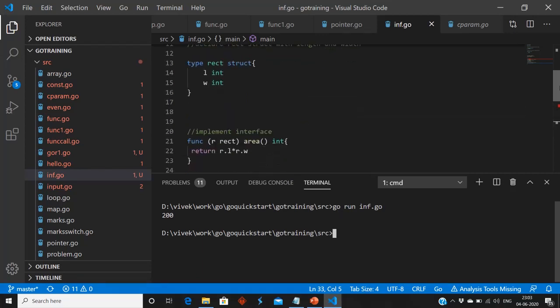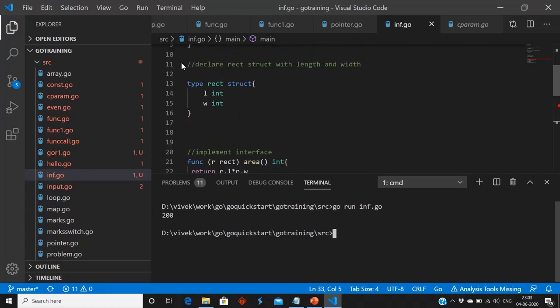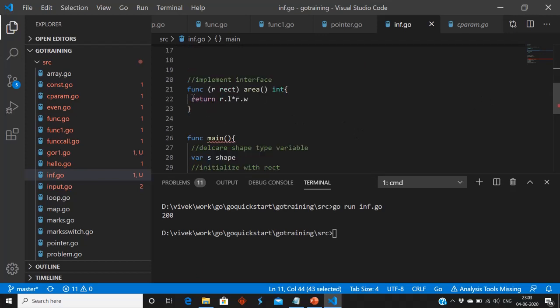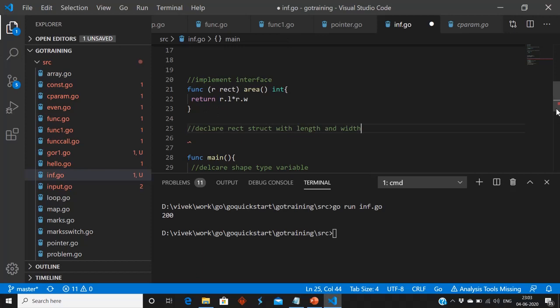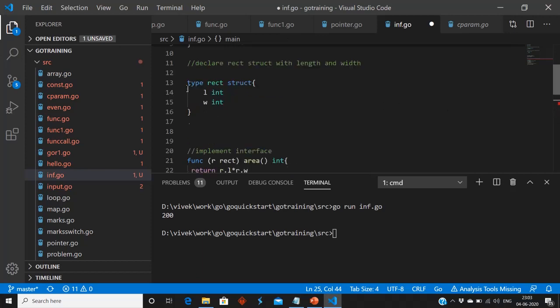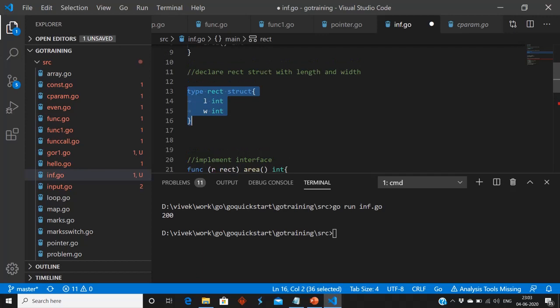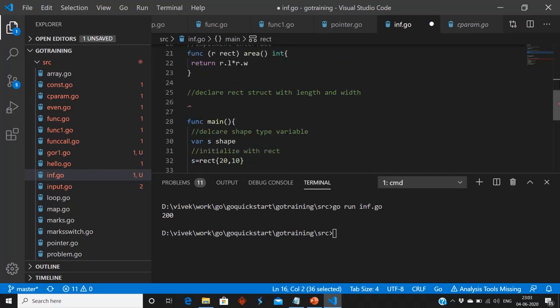Now we will create one more structure, square. So we will just copy and paste this structure and change it to square.